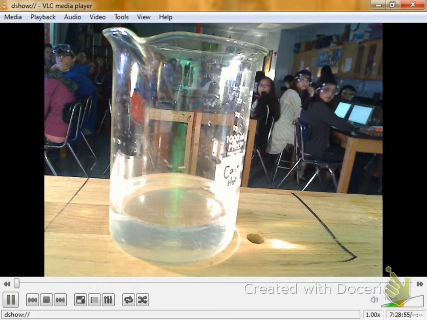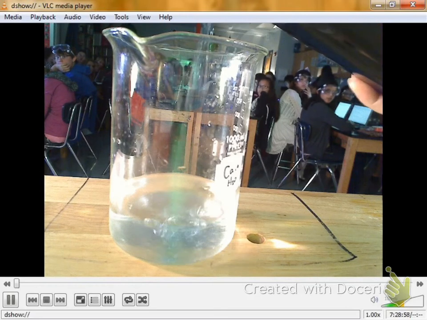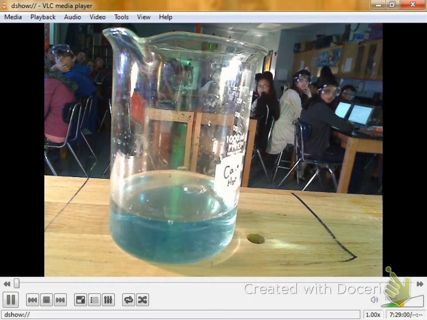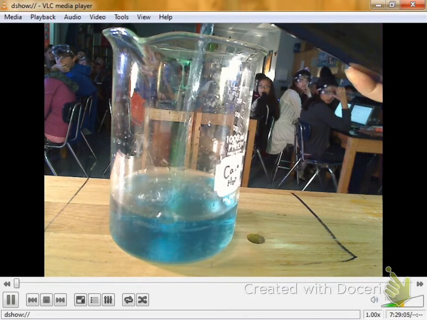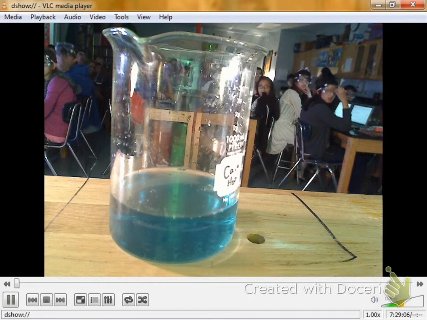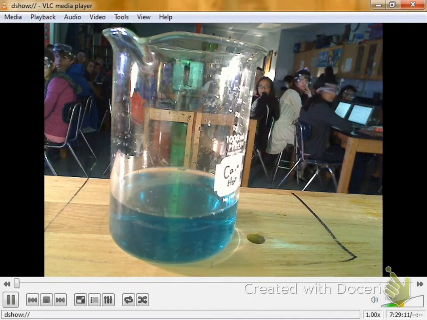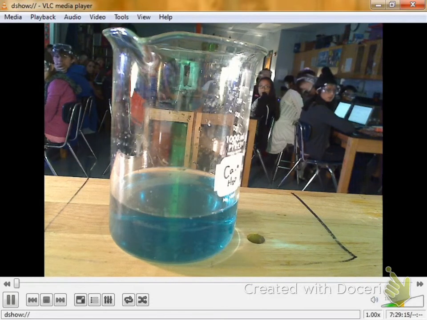Alright, so my calcium beaker, I'm going to get ready. I'm going to put a little more cabbage juice in here again. Make my water all nice and pretty blue. Make it nice blue. Don't make it too blue because then we can't see the metals in it. Alright, so I'm going to take a piece of calcium. And I'll drop calcium in the water.